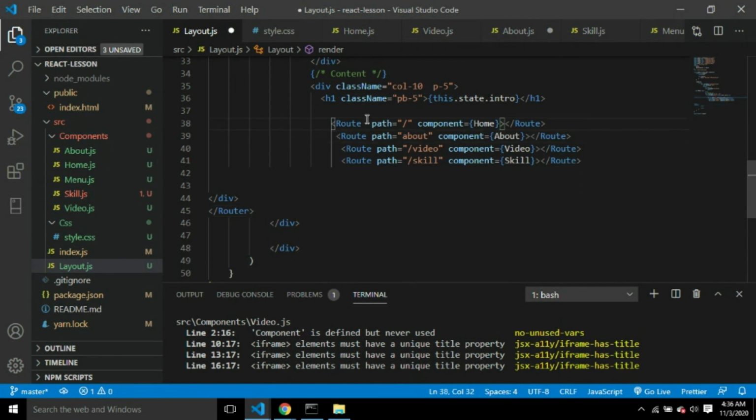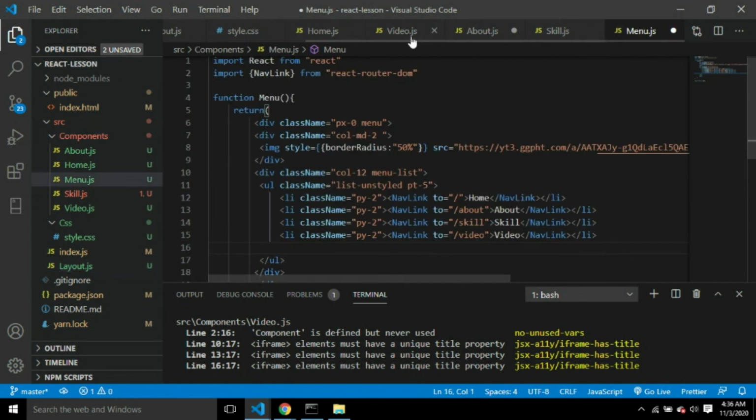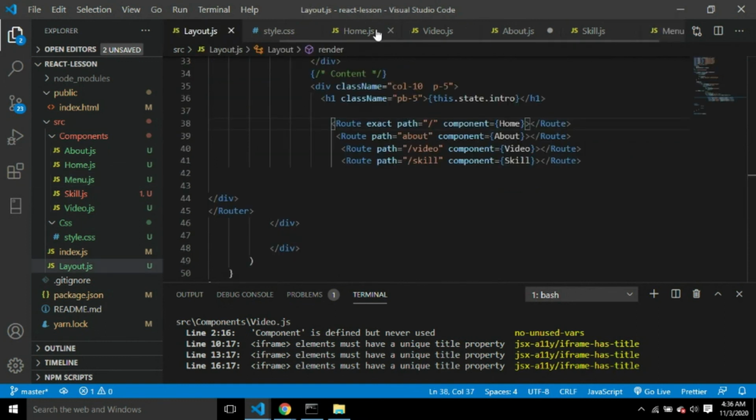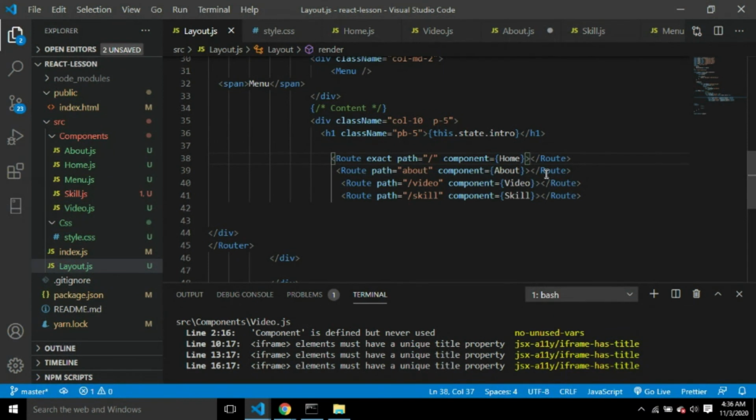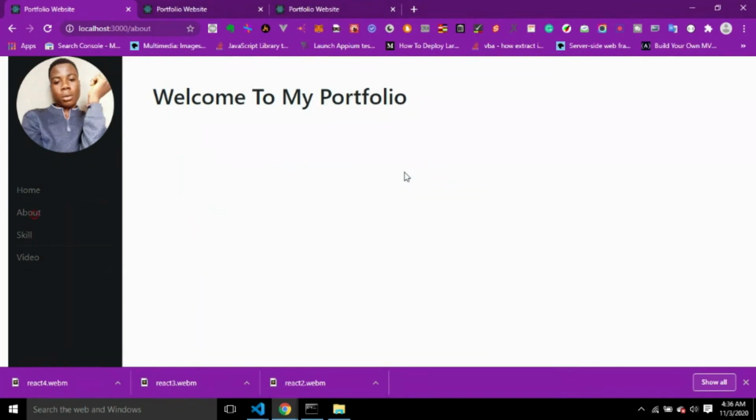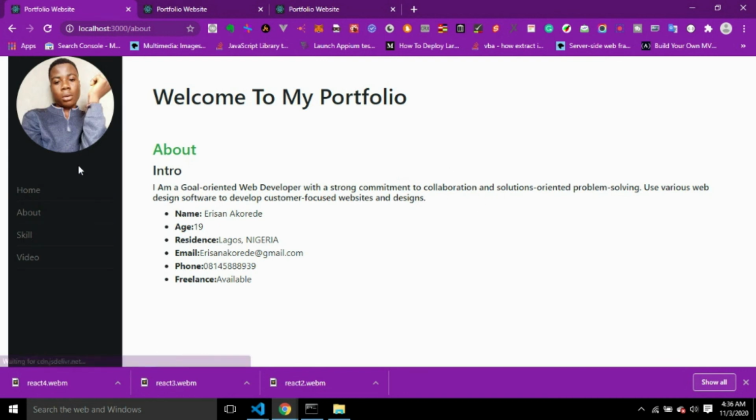So this, we have the exact page. You go to your menu, then if you come to your layout, then we save. This will be forward slash about, and let's try and refresh. So if we go to our about page,